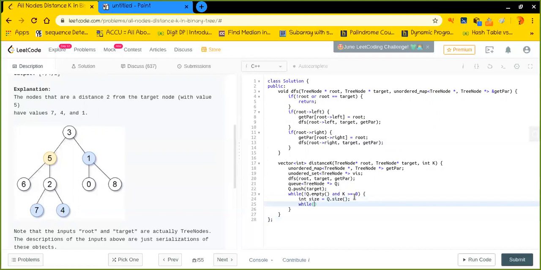So while I'm right here in this level, I'll try to find out each and every node and try to propagate their children as well. All right, so let's call it current node.